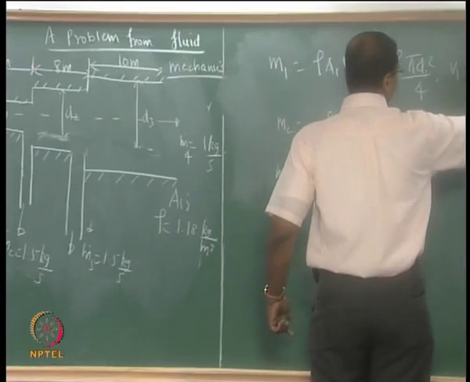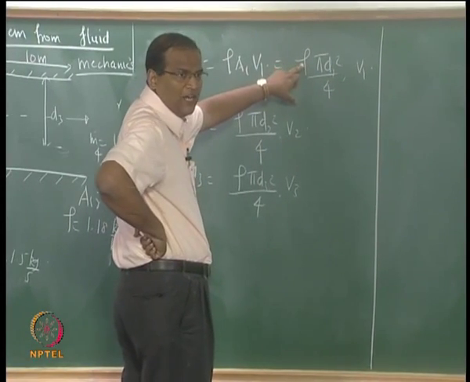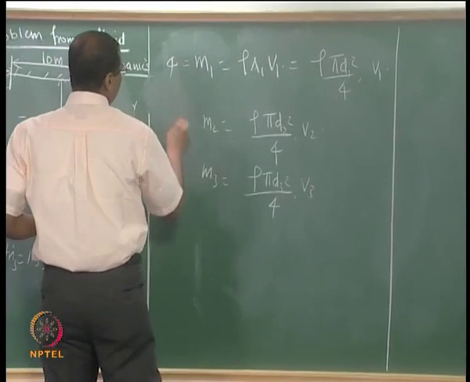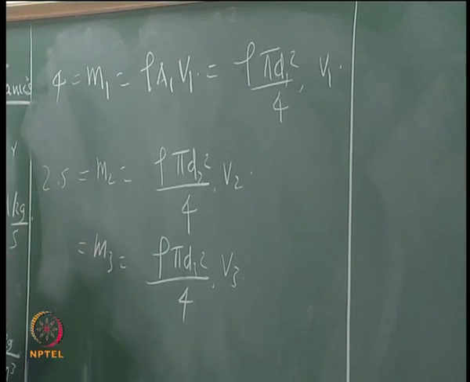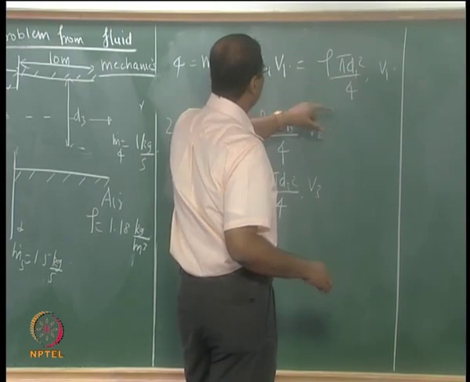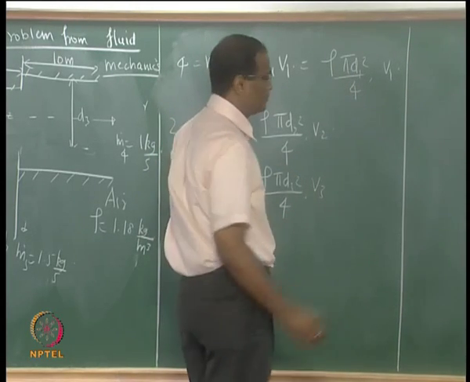So you can substitute for rho 1.18, M1 is 4, M2 is 2.5, 1, good. So please tell me the relationship between d1 squared v1 equal to